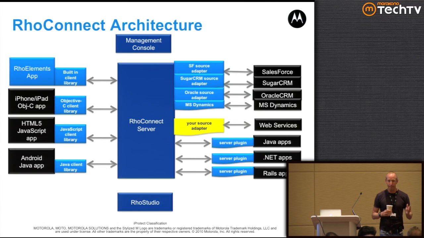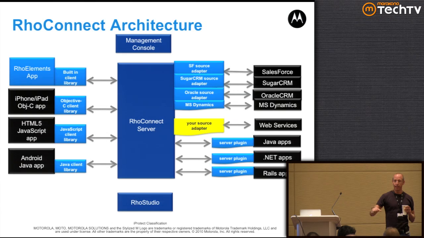If you're shipping an app that works with SugarCRM, we have people who have done that with Rollable, or Microsoft Dynamics or Siebel, we want you to make millions of dollars selling that app, and we never want to stand in the way. So we think of the source adapters as sort of like examples that people can then build upon. We would consider adding other source adapters,